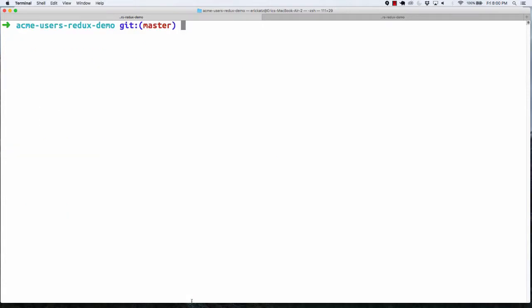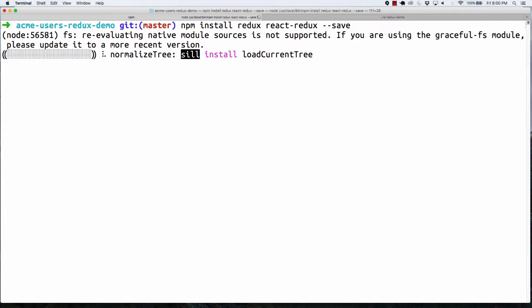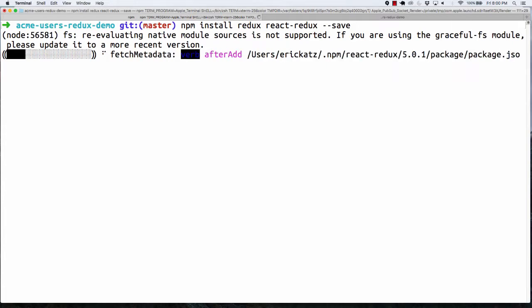Let's go over here, and I'm going to say npm install redux. And also, there are some other things that we're going to need that end up connecting React to Redux. So there are two libraries that I'm going to end up needing. And I'm going to say save. And so in order to end up using